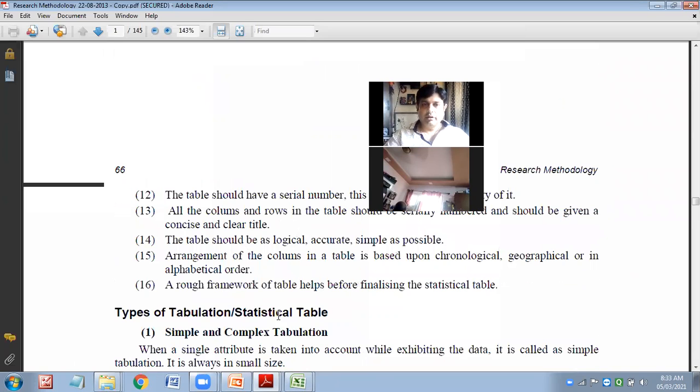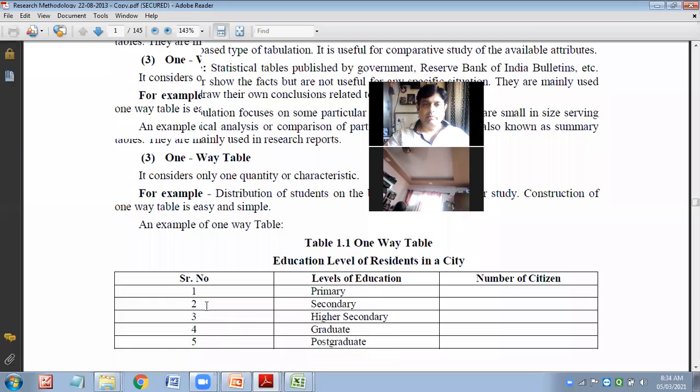These are the different one-way tables. एक ही चीज याद रहेगा. Two-way table में there are 3 options. Three-way table में